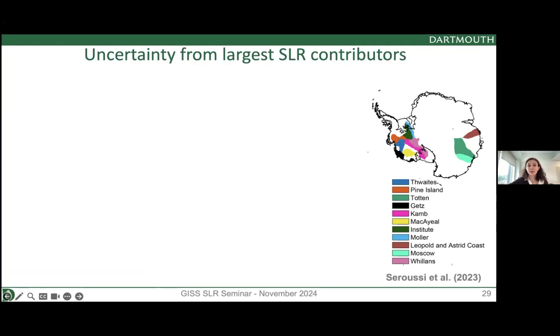We can do the same with the results for Antarctica 2300, again doing multivariance analysis. And this time, because by 2300 the ice shelf collapse is really important, we take simulations with and without ice shelf collapse, and similarly use the uncertainty from the ensemble, looking at ice models, climate models, and presence or absence of ice shelf collapse. This is how the uncertainty evolves over time. Again, we saw that by 2100, the sea level contribution was relatively limited, and the uncertainty is also relatively limited, or at least limited compared to what happens by 2300, where the uncertainty is more than 1.5 meters.